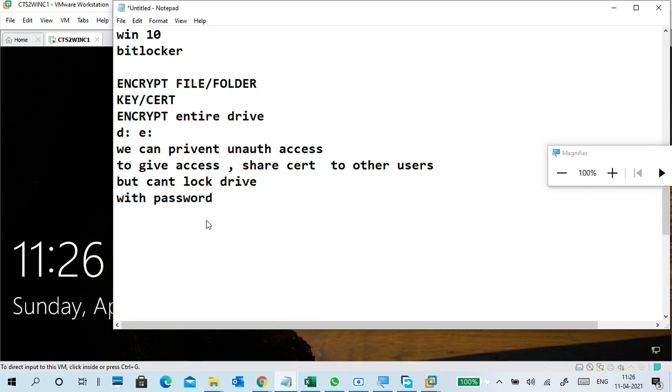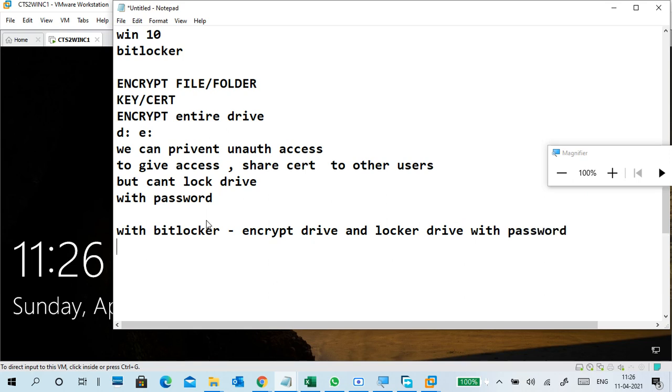But with BitLocker, it's very simple. What is BitLocker? With BitLocker we can encrypt a drive and lock the drive with a password.